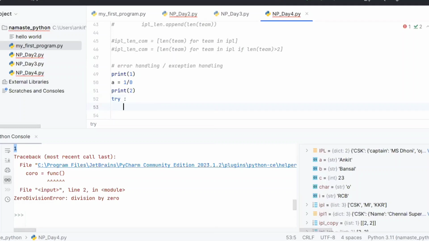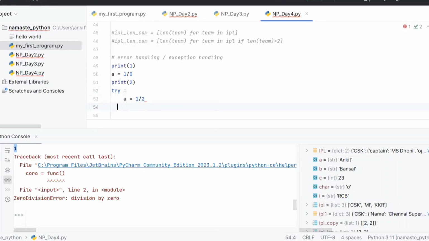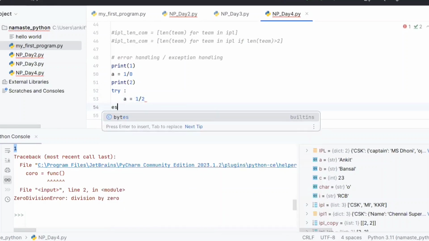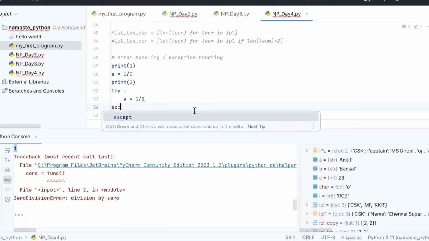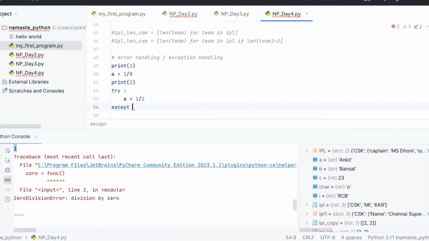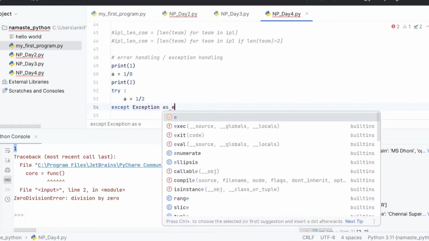And then whatever code you have written so far, assignment, you can put everything in try, right? So let's put a equal to 1. I am putting it without error for now. a equal to 1 divided by 2. And then I will say except Exception as E, right?